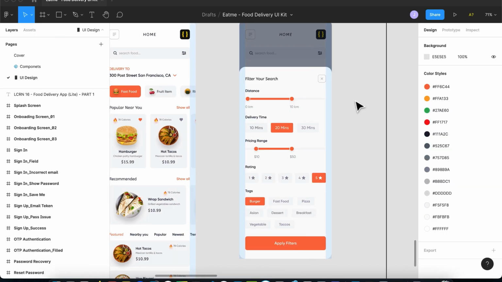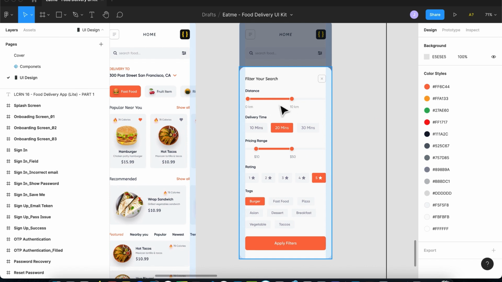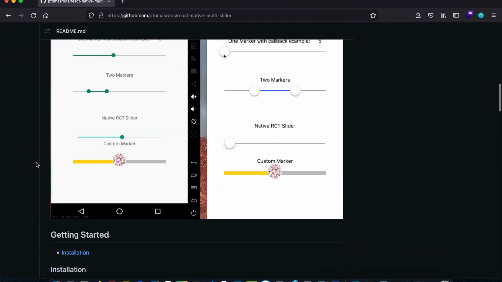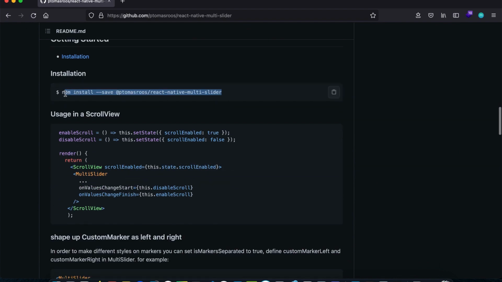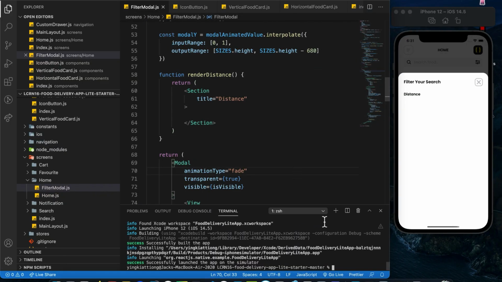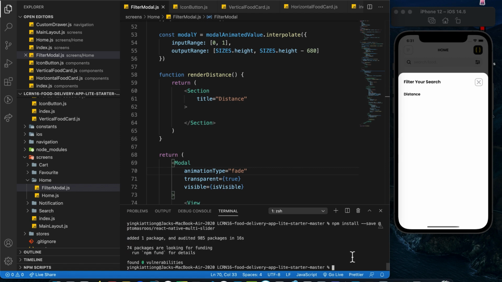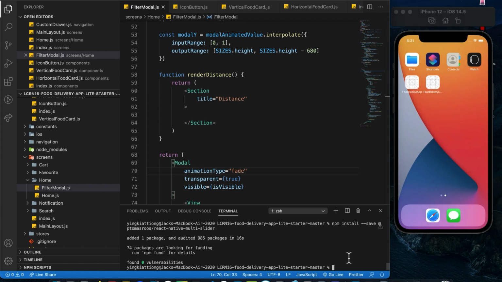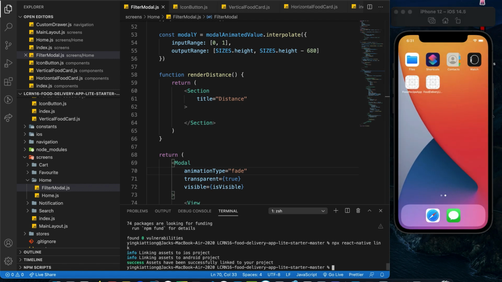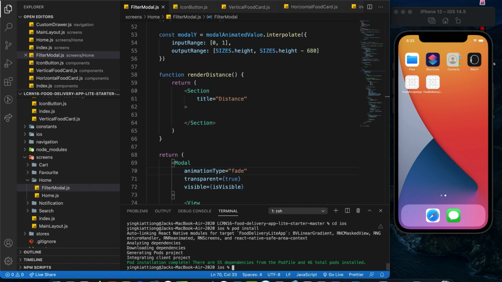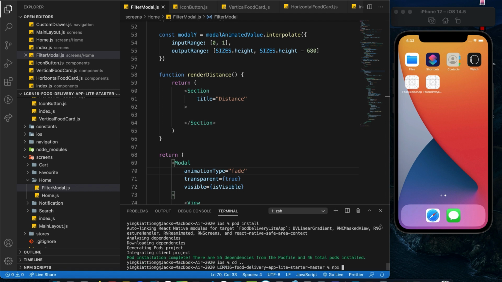Alright, now for the distance section, we need a 2-point slider like this. And in order to achieve this, we are going to make use of a library called React Native Multi-Slider. So scroll down over here, copy this, npm install, go back to your source code, open up your terminal, paste it over here, hit enter. Alright, next I'm going to close the app like that. Now I'm going to run React Native link. After that we need to cd into iOS and run pod install. And lastly we need to cd back to the root directory like that and run React Native